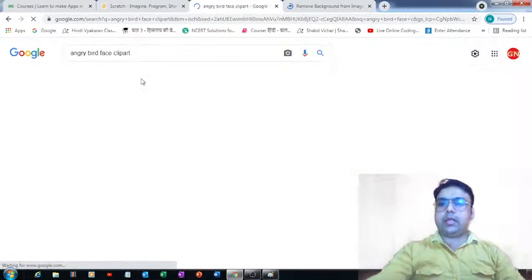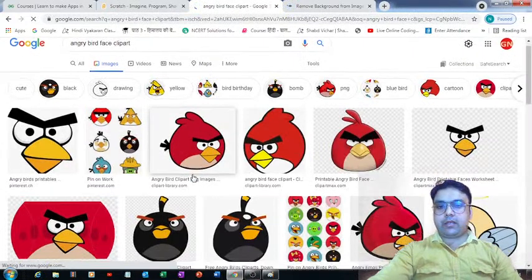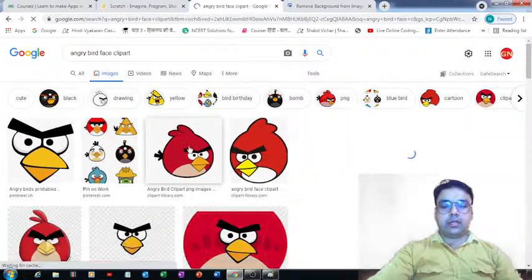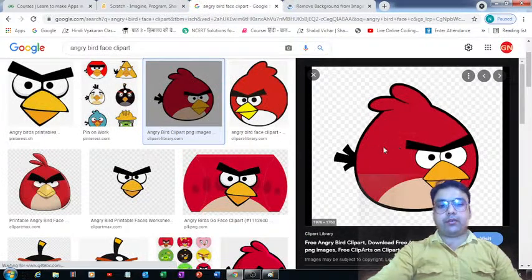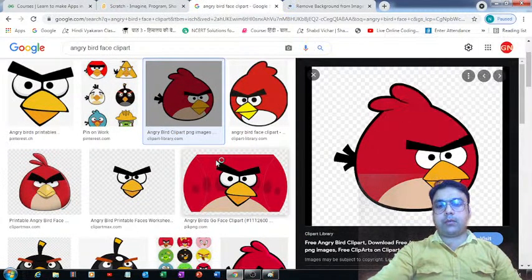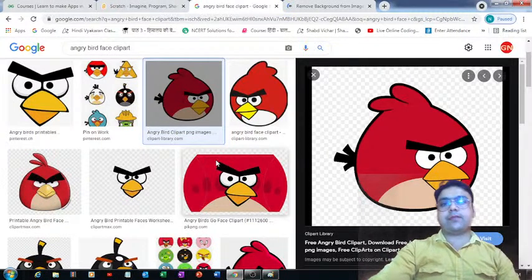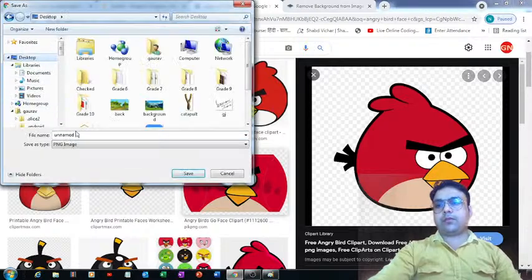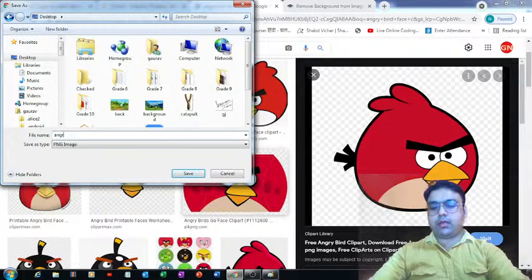I want only the Angry Birds face. I think this is perfectly fine. Yes, this is the kind of image I was looking for. Let me save this one also with a unique name on my desktop. The first one I saved as Catapult, and the second one I'm saving as Angry Bird.